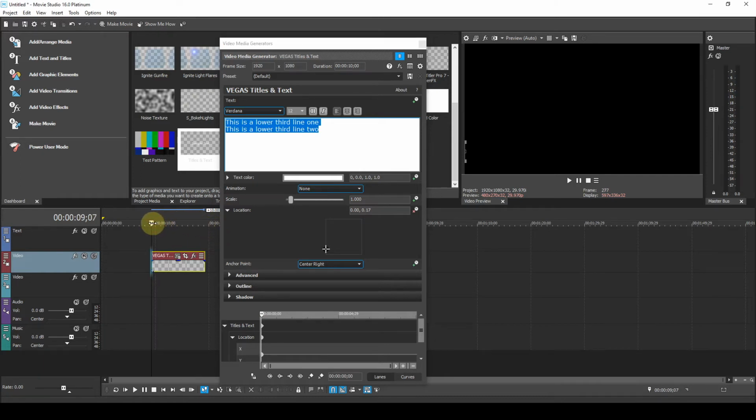Let's move that to the beginning and turn on this little icon here, which will sync playhead with this playhead. Turning on keyframe has generated a keyframe at the beginning